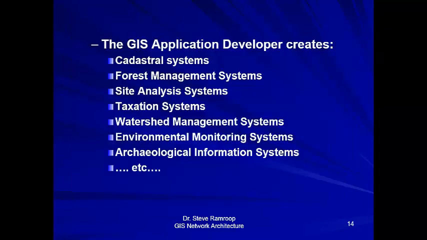These are some of the applications GIS people are involved in. The GIS expert can create cadastral systems. Cadastral systems refer to land and property ownership. You can create a forest management system looking at the forest services. They want to be able to manage the state lands and manage the vegetation on the state lands. I want to classify the data in terms of deciduous or evergreen, or I want to be able to look at any easements or public